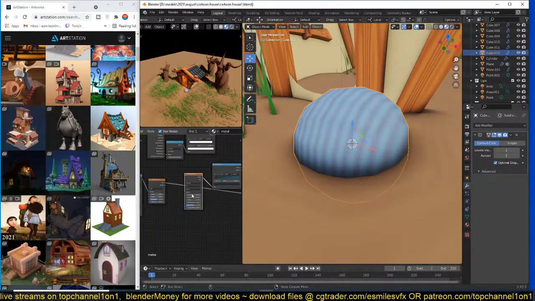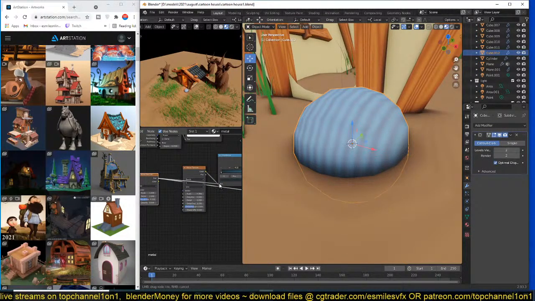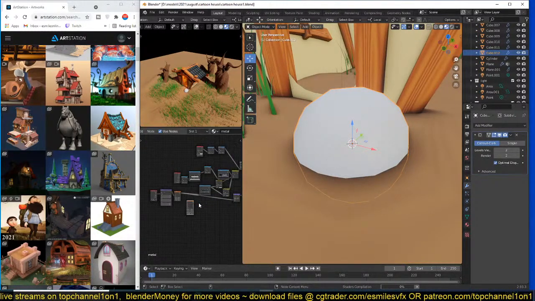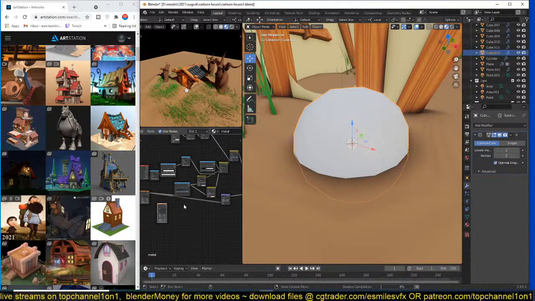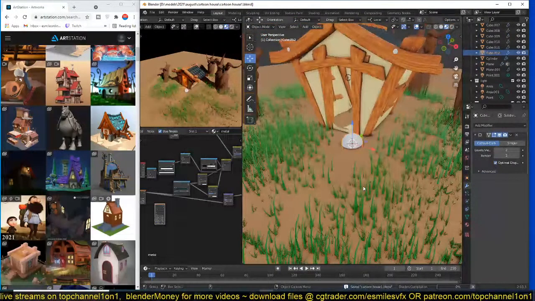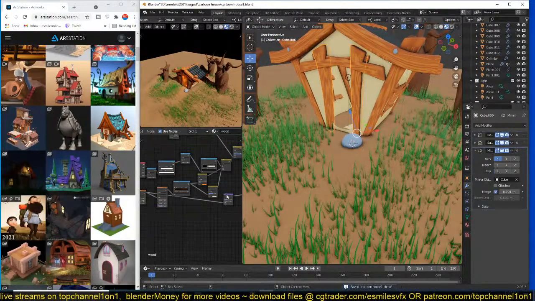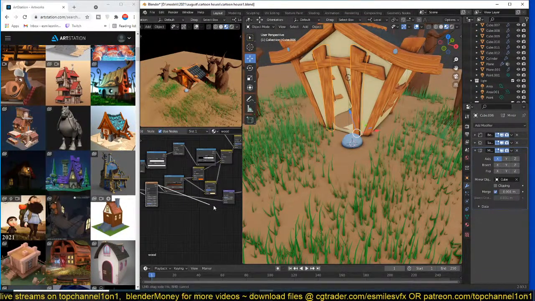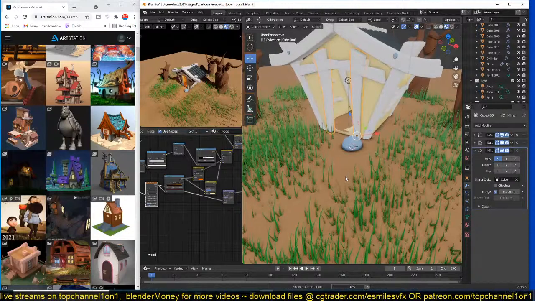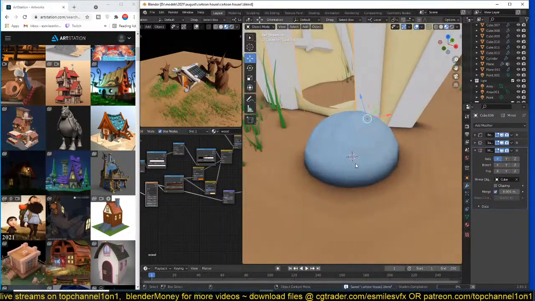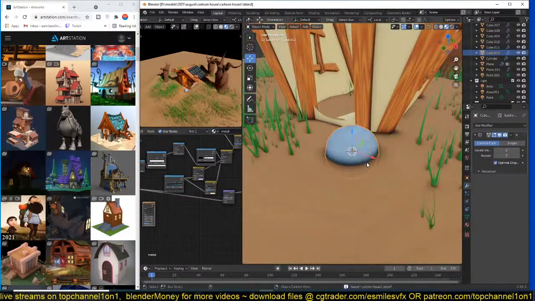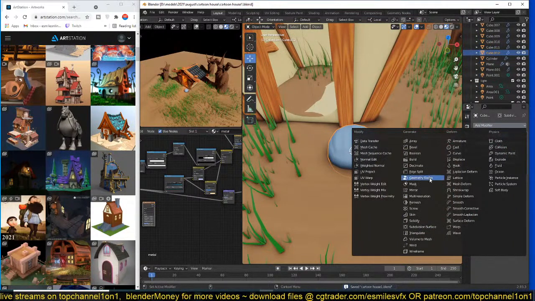I think instead of using waves, we're going to just use the noise. And then we can shape this into